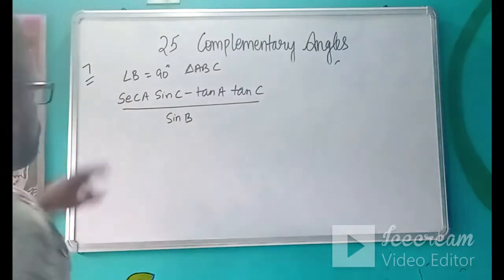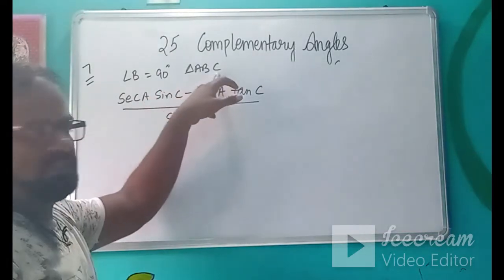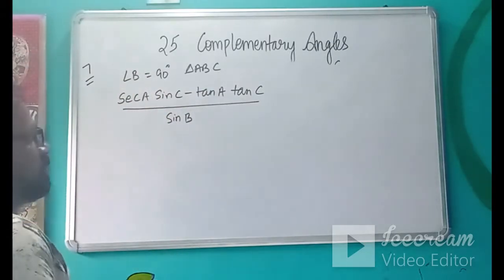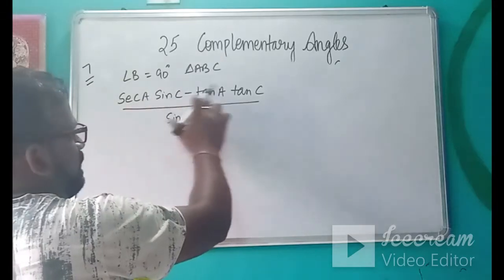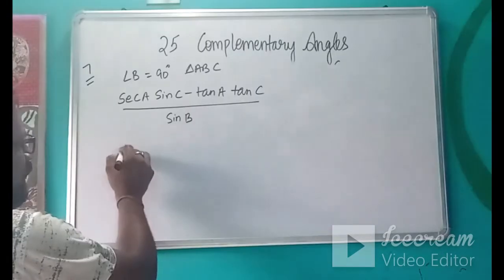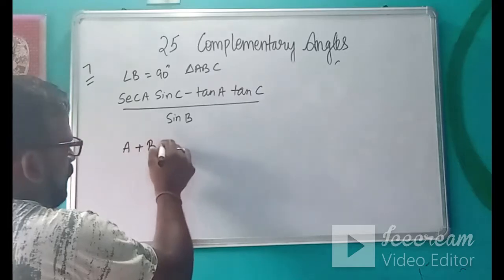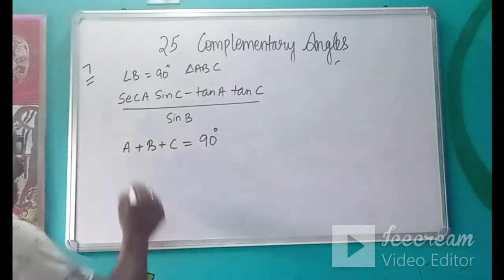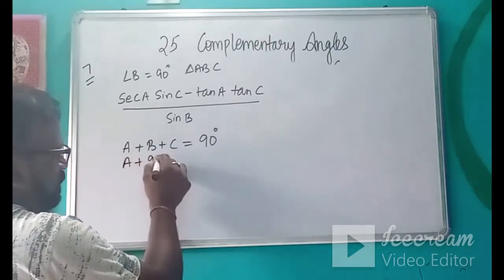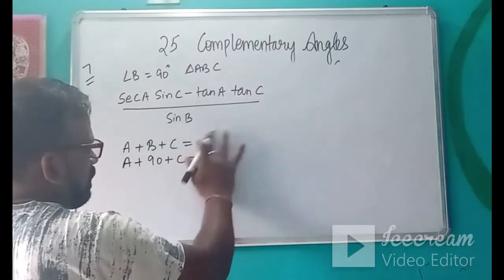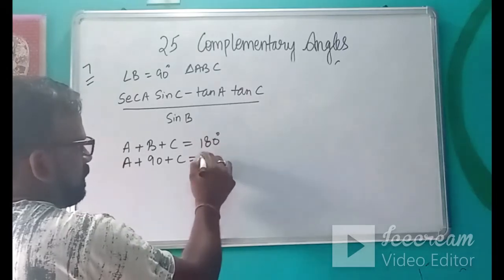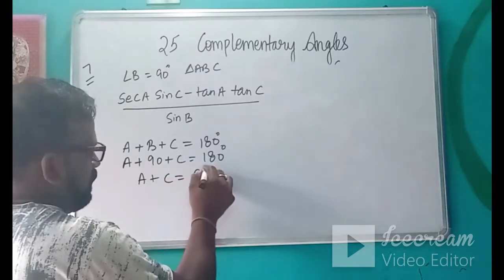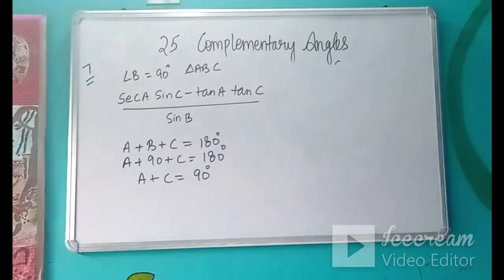Okay, now in this question what is given, that triangle ABC is there and in this angle B is 90 degree. So what we will do in this case, this is A and C. So if we calculate, what we know, A plus B plus C is equals to 90 degree, and if you put the value of B, that is 90, so what you will get, A plus C equal to 90. That means A and C are forming the complementary angle pair.